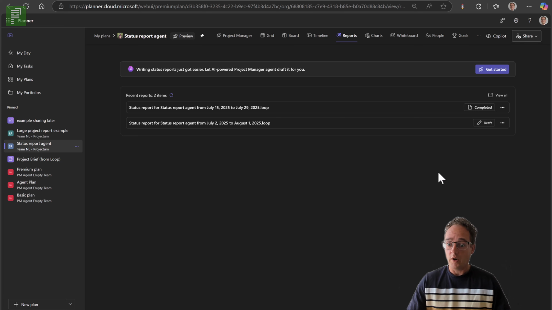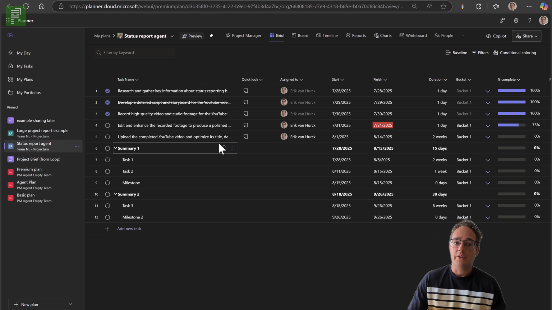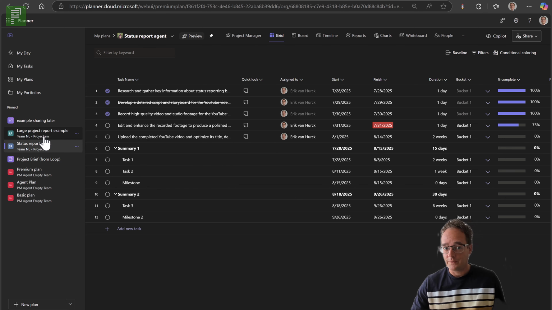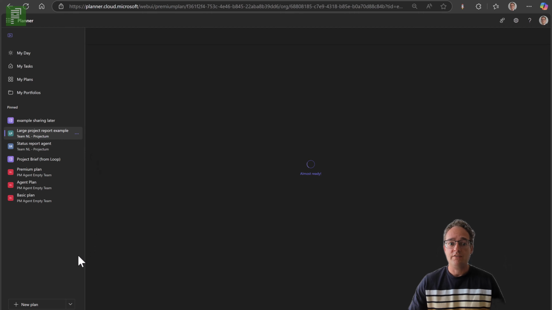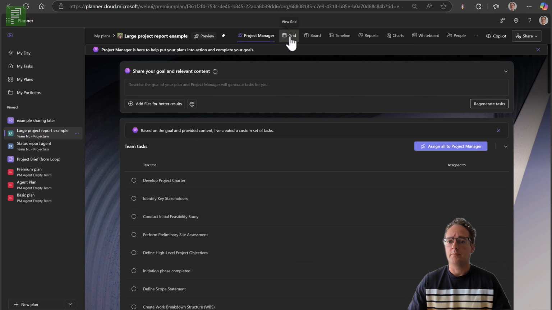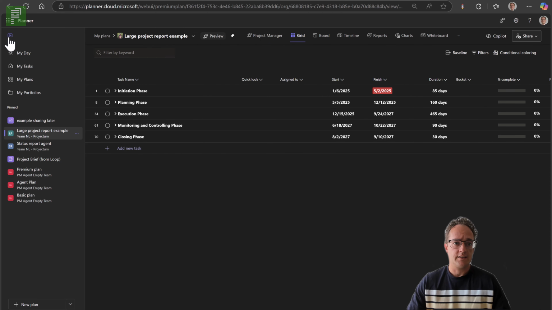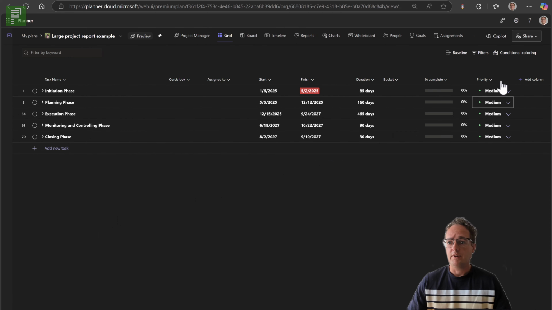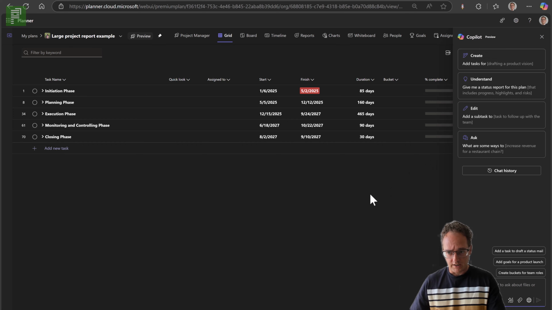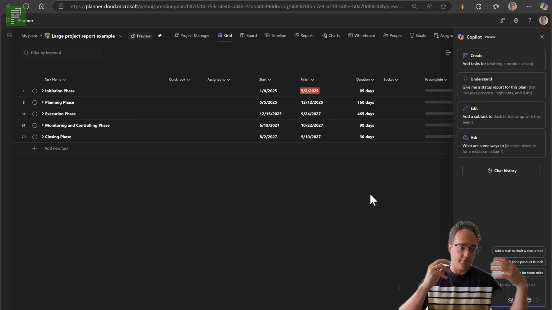So while I was looking into this very simple project, I thought, okay, let's get a larger project in the mix as well. And for this project, what I've done is I took a look at Copilot, not the project manager, to actually create my schedule. So I went to the grid. Let's give some more real estate here. I went to the grid, I went to the Copilot, and I requested the Copilot to create a new